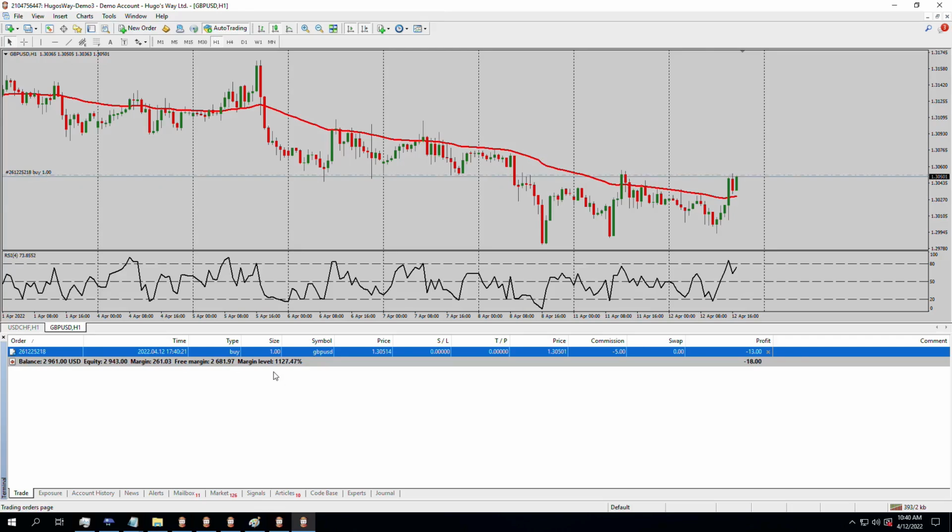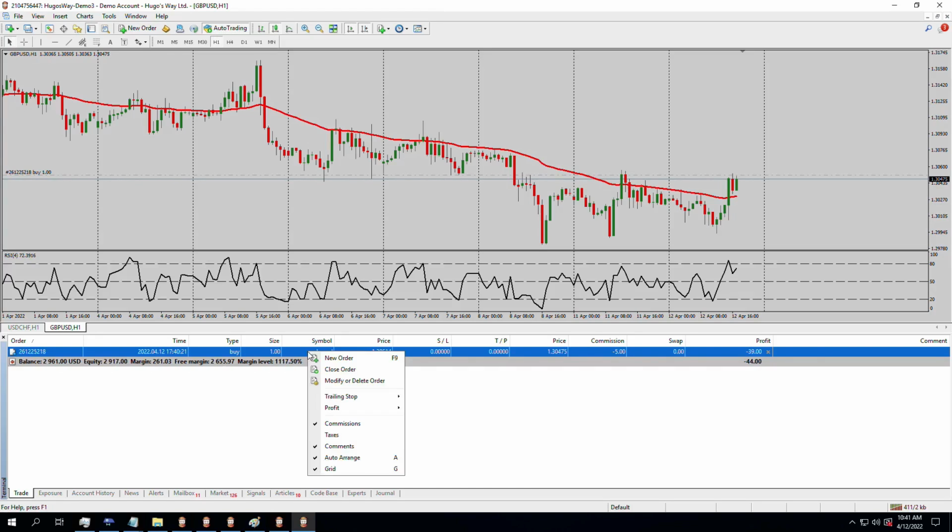Now in this example, it doesn't matter whether I'm in profit or I'm in drawdown. I want to close half of this trade out. We can make the assumption that I'm in profit and I want to go ahead and take 50% of my lot size off the table. The way to do this efficiently inside of MT4 is to right-click anywhere in the terminal area down here, and